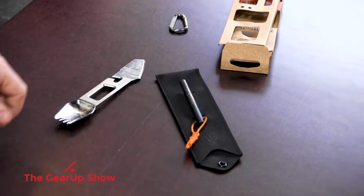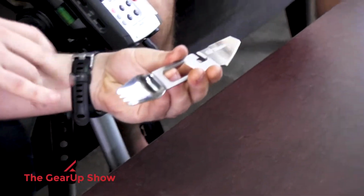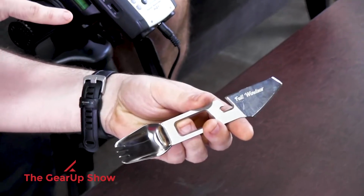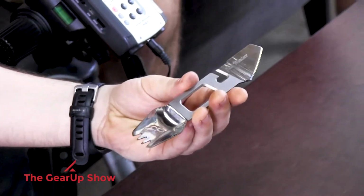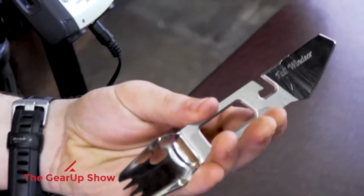Do you want to go over some of the specs? Sure. So it has formally 10 functions. It's a spork, the serrated butter knife, which we have speculated is just so it can be TSA compliant. Right. They make a point to call it a butter knife, I guess, so you know that it's not super sharp, even though it is kind of sharp. But technically it's maybe TSA compliant, but they don't recommend trying to bring it on a plane